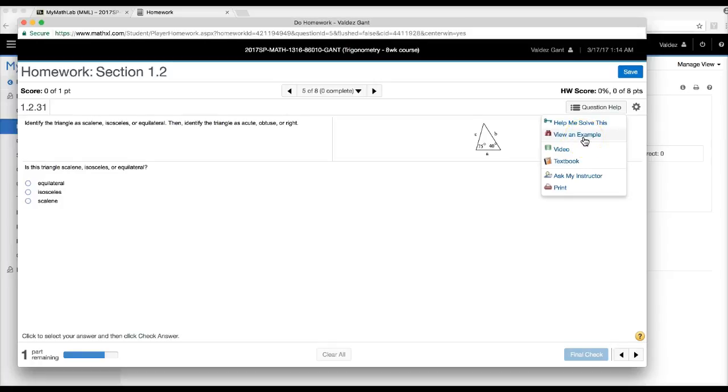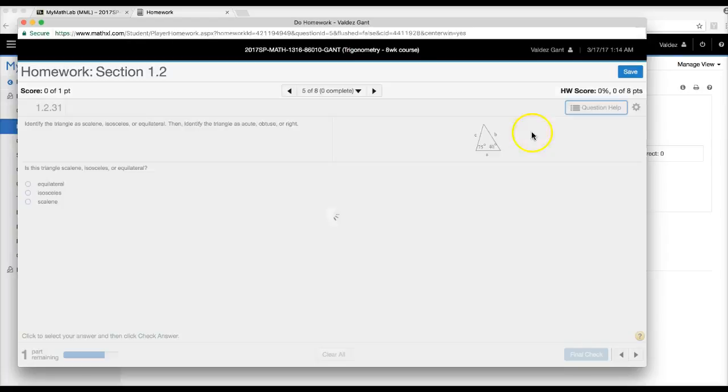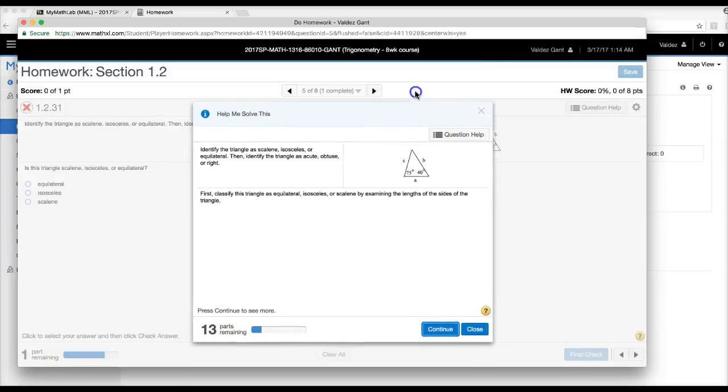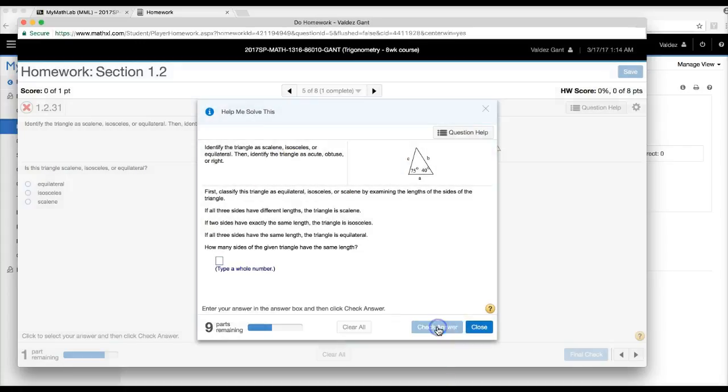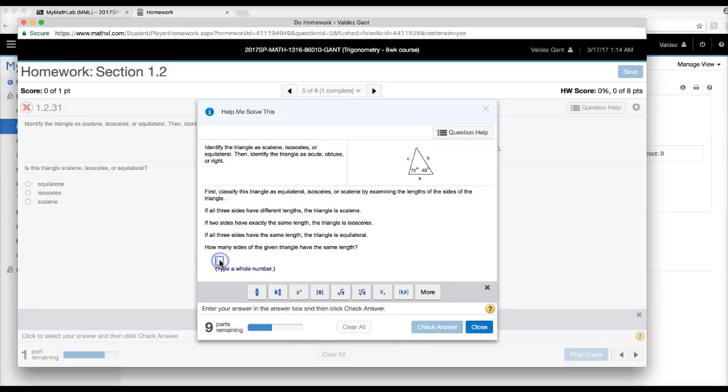Now, after you do that and you come to a problem like this and you say, hey, I don't know what to do, you can do the help me solve this or the view an example. Help me solve this does exactly what it says. It's going to help you solve this problem. So here I'm just going to click through it. It just goes through and it's trying to give you information. And so now